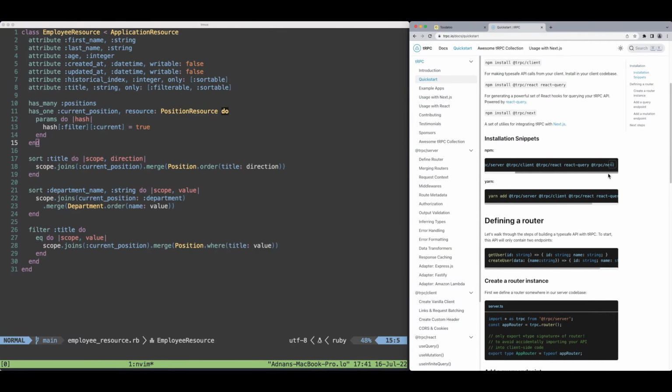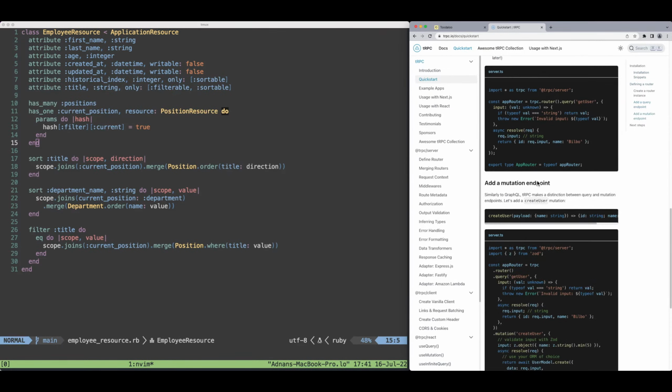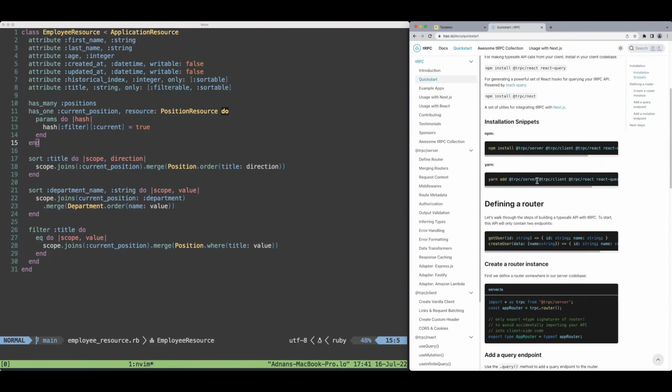Here it uses React. I don't want to use React. I want to use Vue. It uses React Query as well. So they have written this library on top of tRPC for the client that uses React Query in the background to work. And then they give you your React hooks that you can use. We won't have that for Vue, so we'll probably have to go with